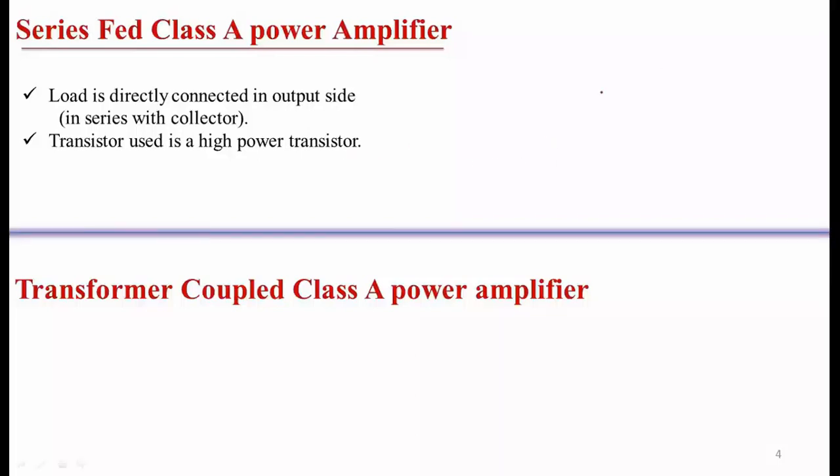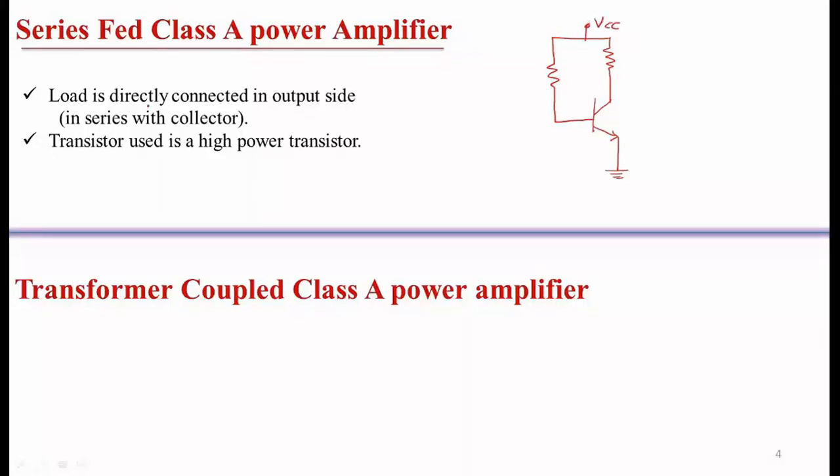The simple fixed bias circuit connections can be used to describe the working of the series fed Class A power amplifier. So let's draw the circuit for the series fed Class A amplifier. For that, we have a transistor. The emitter is connected to the ground. Here we have the collector resistance and we have the base resistor on this side. Here we connect the VCC,